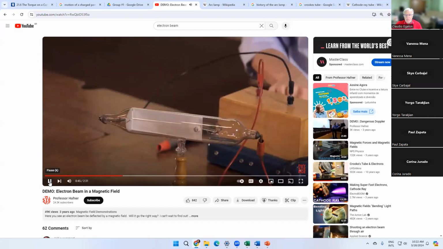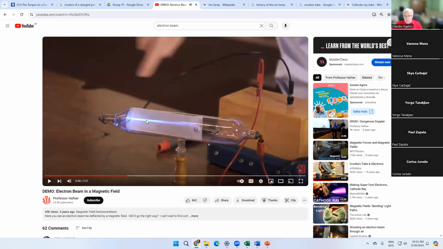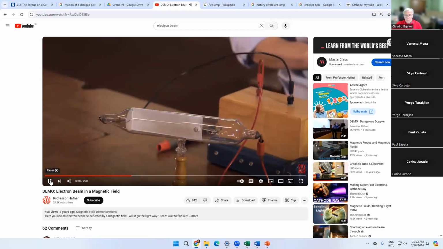So when I turn it on, here you go. You can see the beam. Here's the electron beam. That's how we visualize the electrons. The electrons are invisible particles, but if we are smart enough, we can find ways of visualizing those invisible particles, right? He turned the beam on, and now the electrons are coming from this terminal, moving towards the other one. It's flying through the tube.